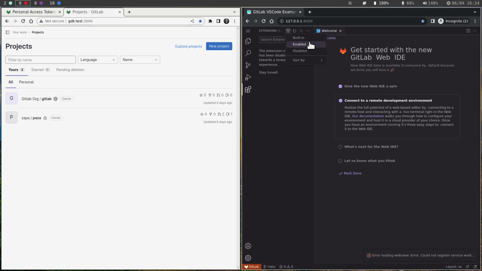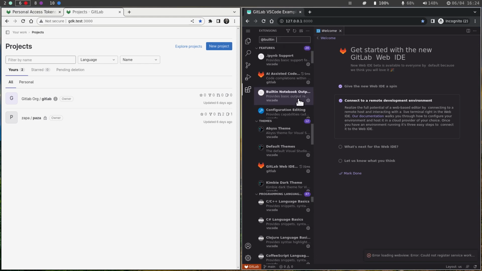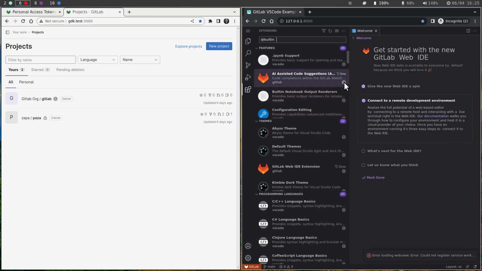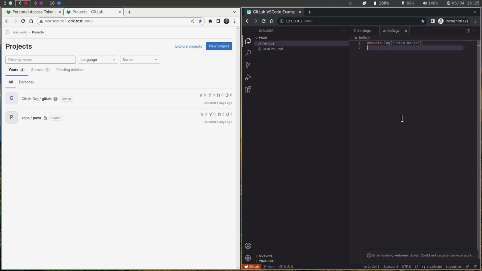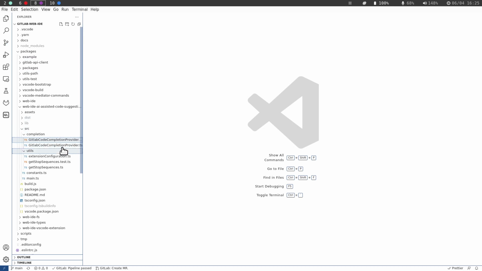Web IDE is actually, the AI Assisted extension is here. I go to the files and let me try area or cube. So that should return some completion. It didn't return any. One more thing which you have to do is really you have to go to the